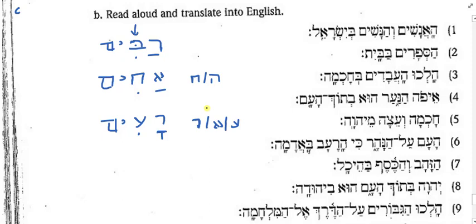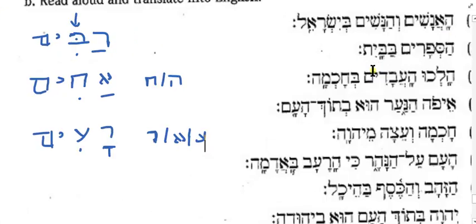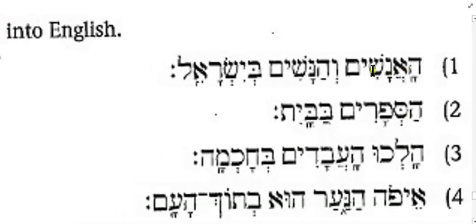Let's take a look at number 1. Repeat after me. Ha-anashim v'hanashim b'Yisrael. So how would you translate this? Is this the women or the men first? This is the men and the women. Remember, nashim and anashim are almost identical, but it's longer here, right? Men are longer than women as a general rule. Okay, so the men and the women, b'Yisrael,